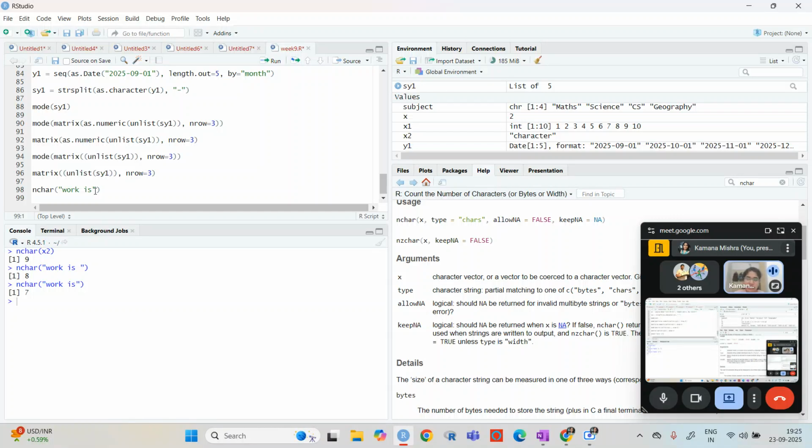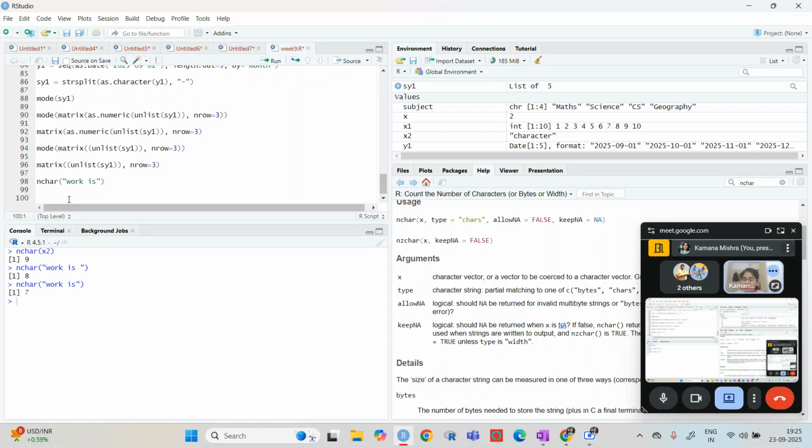If you give a space after it, then it will count 8. If you do not give any space after that, then it will just count 7. So that is basic: you write nchar, and it will count including the space.